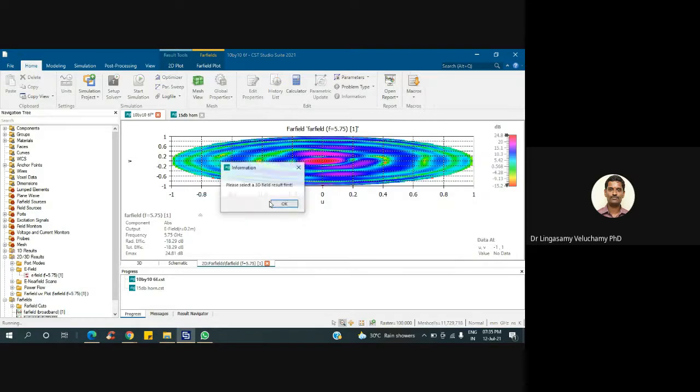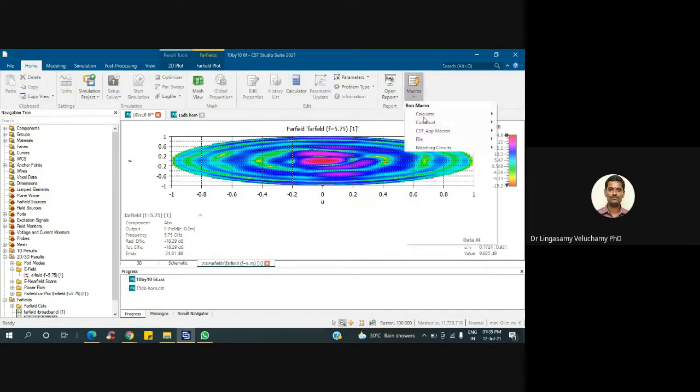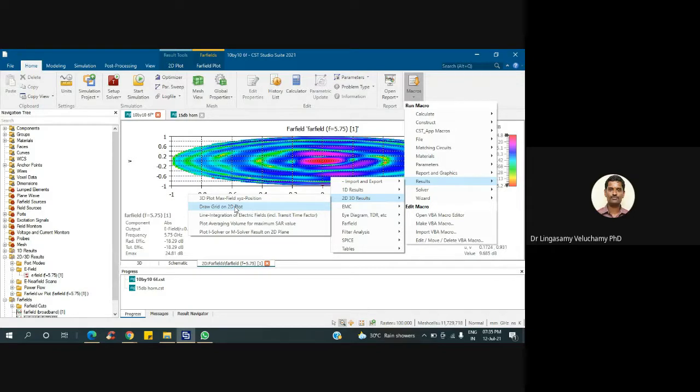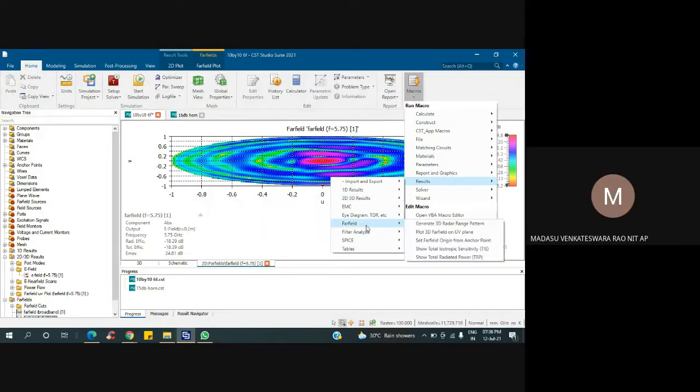Oh no, I don't know what. Whenever I select this one, sir, result 2D, 3D, draw grid on 2D plane, here it is showing that u square plus v square equals 1, that formula, sir. And I tried far field also. Plot 3D file on UV plane.